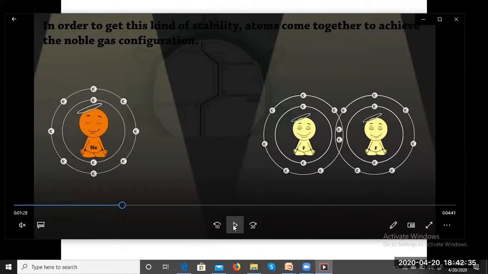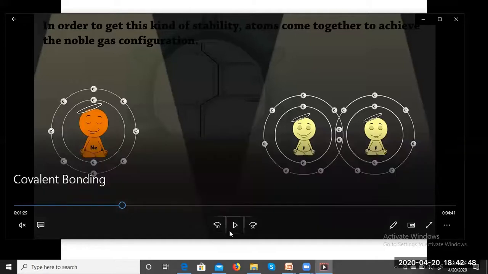It needs one more electron. So it will put one of its electrons on sharing and another fluorine atom will be sharing its one electron on bonding. So if you can see, here we have 2 electrons on sharing